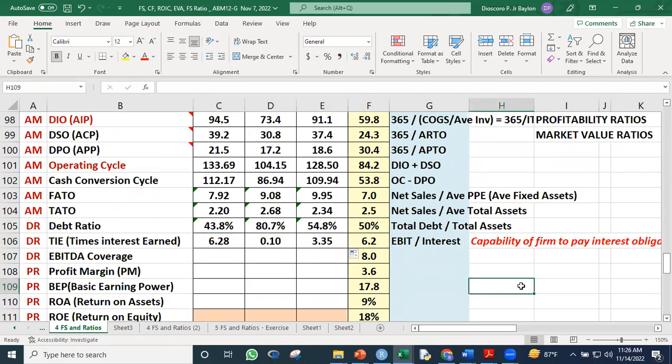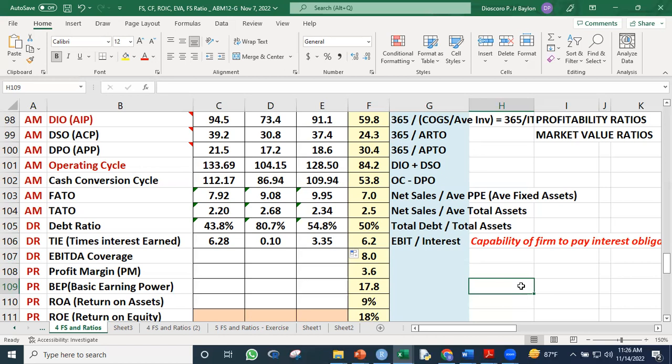Okay. All right. We can see here the capability of the firm to pay its obligations. In 2019, for every peso of interest expense, the company had 3 pesos and 35 centavos of operating profit. So theoretically the company should easily be able to pay its interest obligations. No? Kasi sa bawat piso ng interest expense, meron yung company 3.35 na operating profit or EBIT to pay its interest obligations. However, in 2020,